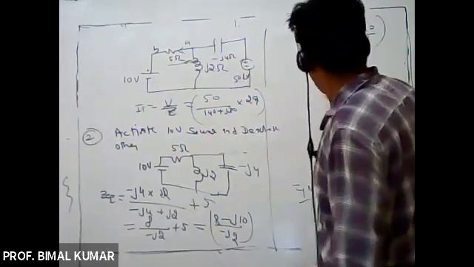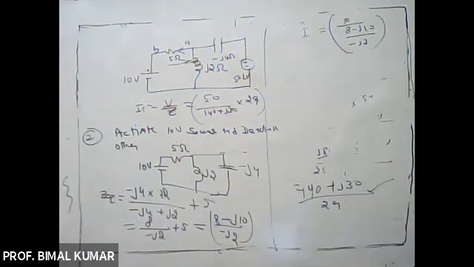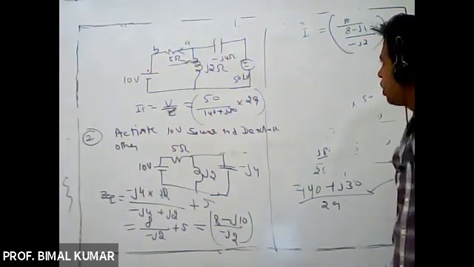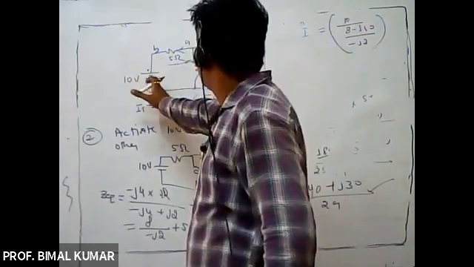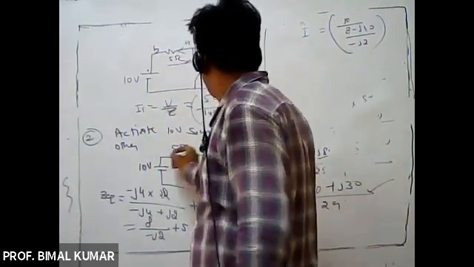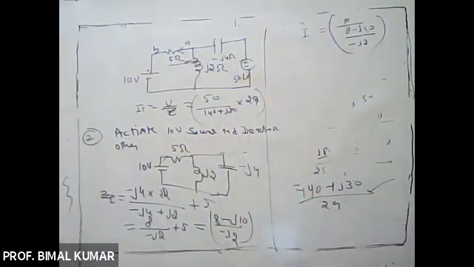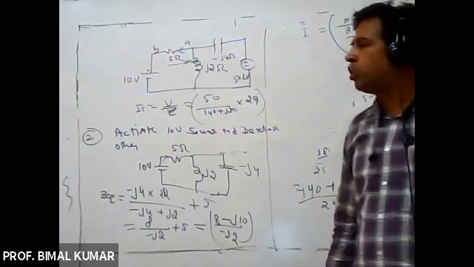But after some mathematical manipulation, you will find that in this case, because the current in the first case will be from A to B, and the current in this case will be from B to A, right? So the total current in the circuit will be the subtraction of the two currents. Total current in the circuit is subtraction of the two currents.